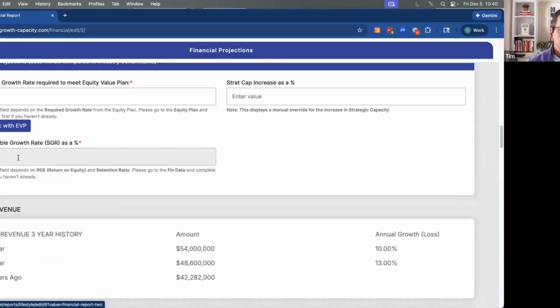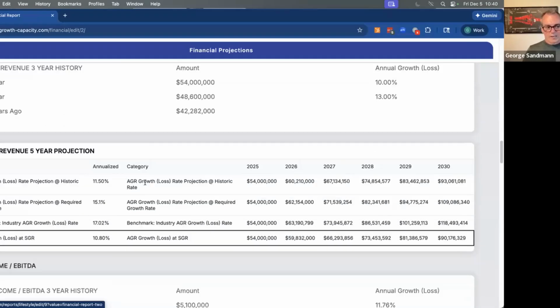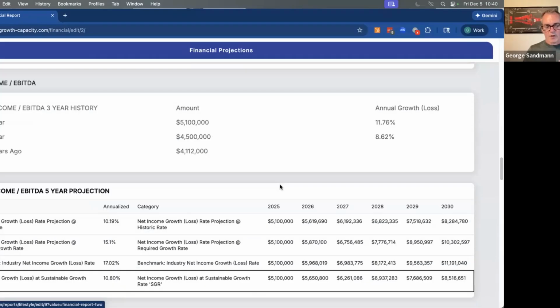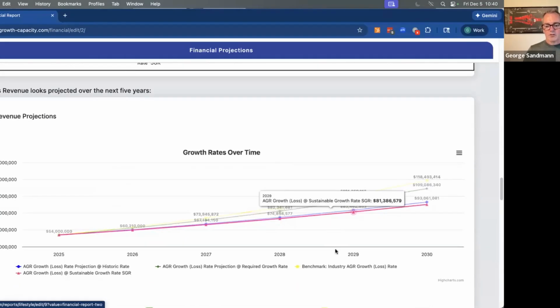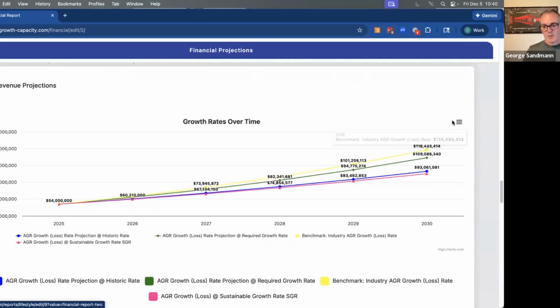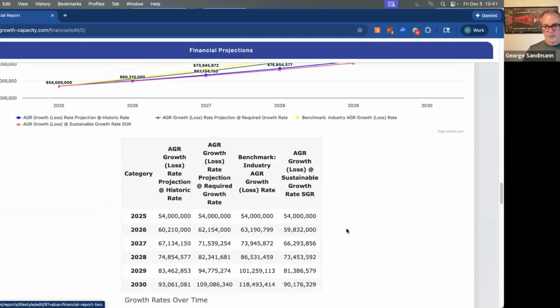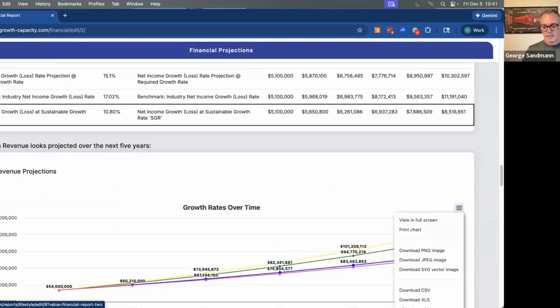and we have our sustainable growth rate that comes from financial data. I won't get into that right now. And now we start to look at what does this look like? We do it in numbers and calculation and tables. And then I'm going to scroll down here and we do it in graphics. And these graphics, which by the way, you can grab, you can download them. You can view them as a data table, etc. I'm just going to hide data table